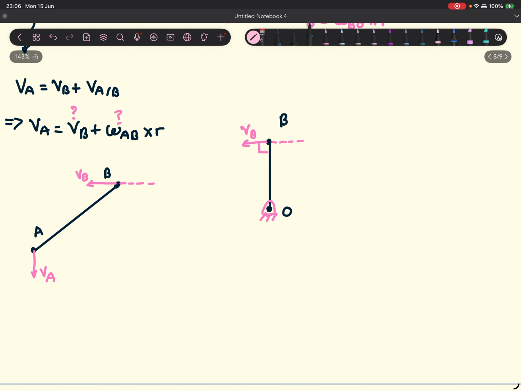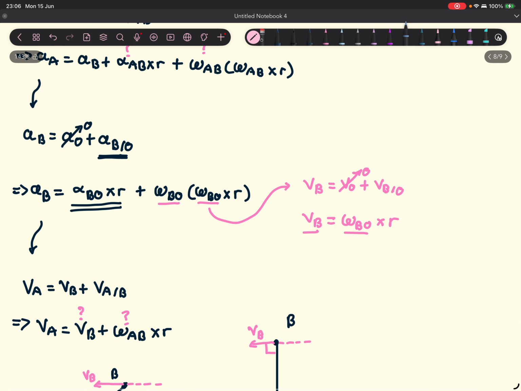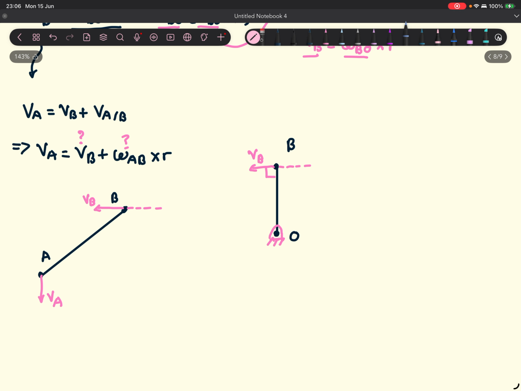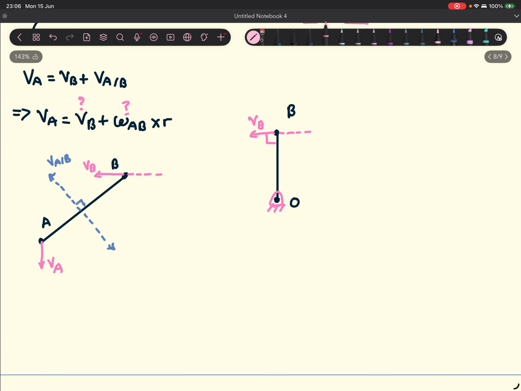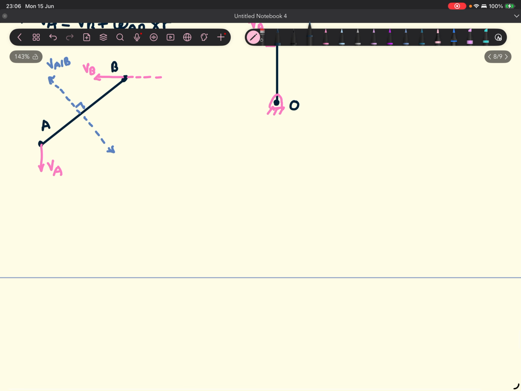And then, just in case you couldn't see how this thing was going to move, we can assume that we don't know the direction of VP. And then the relative velocity term, VA relative to B, is going to be perpendicular to this line and could either point up or down. Then we're going to come back to our equation, which states that VA is equal to VB plus VA relative